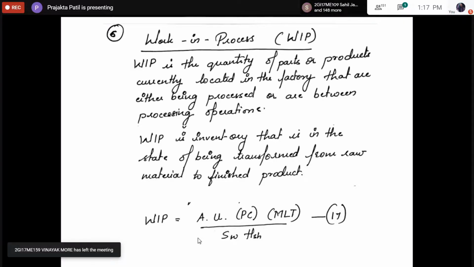So they try to finish things as soon as possible, because though they have products in the semi-finished state or getting processed, it is a burden on the company. They have invested, but they are not getting any revenue out. So they try to reduce the work in process as much as possible. They try to reduce the manufacturing lead time as much as possible.